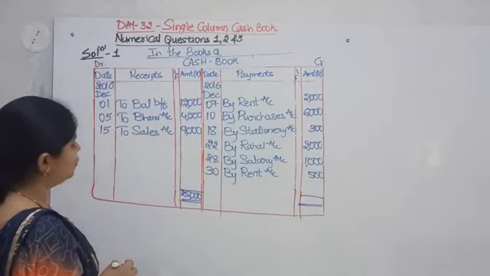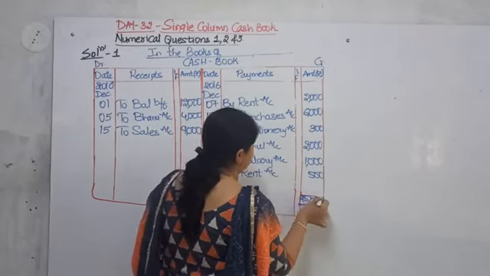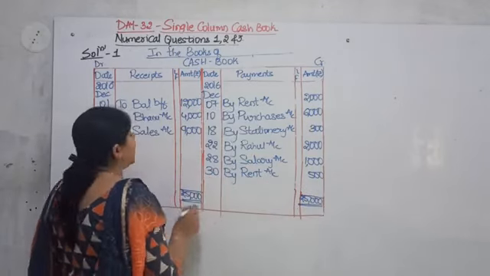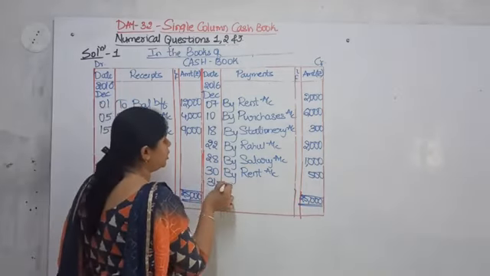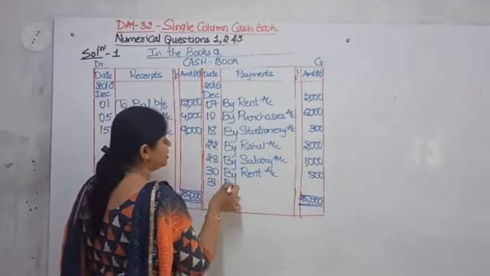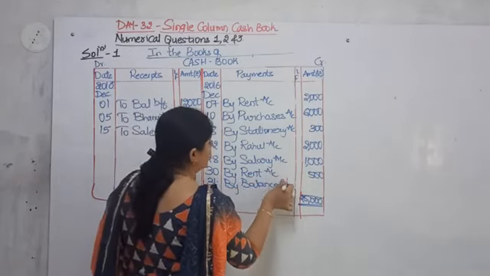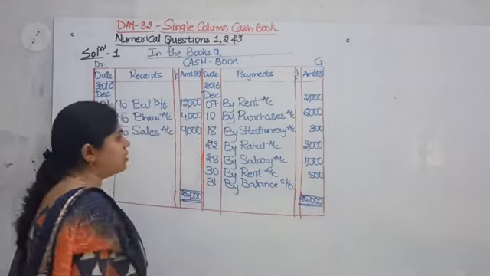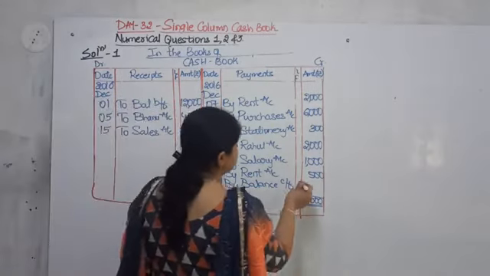So it is 25,000. Take the same on the opposite side and remove the balance. As it is the month of December, what will be the last date for December? By 31st December, by balance carried forward. Now from this 25,000, subtract all the items and what you can see, the balance is coming to